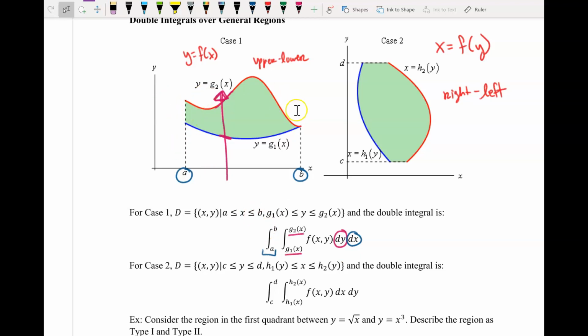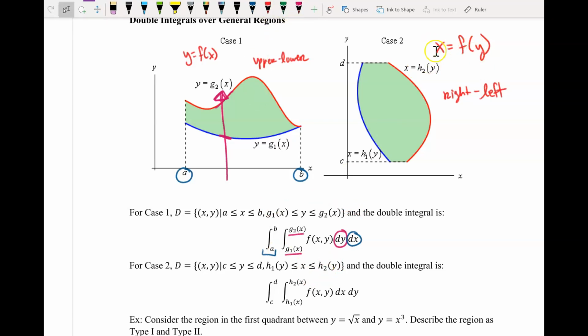So sometimes there might be bounded regions where you might have to solve for the values of x. Sometimes they might tell you that it's between this value and this value. It really will just depend, but that one's always going to be the outer. Now, same thing with this guy, case 2. So now if something was given to you in case 2,